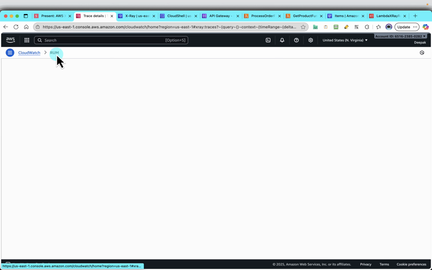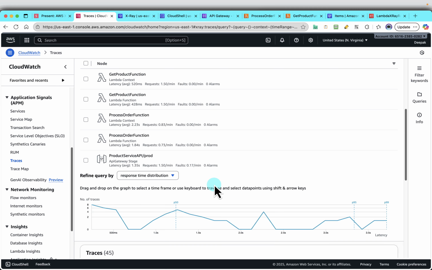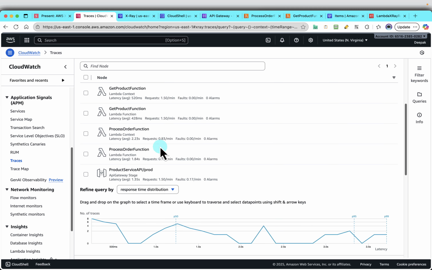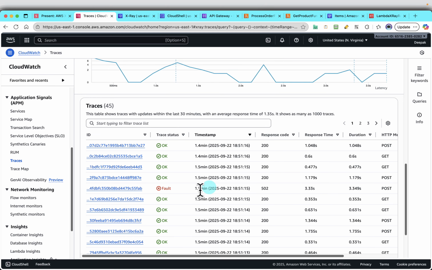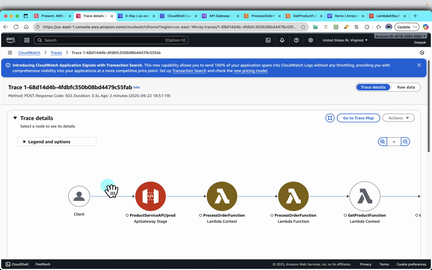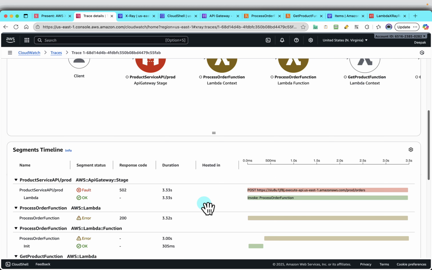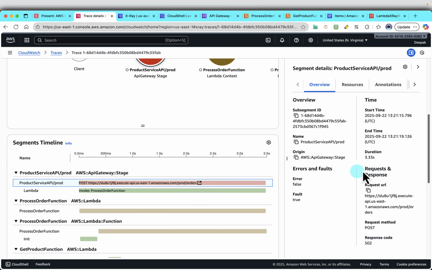And let's say I want to go to something which has failed, so it will give you the whole complete map of your application. And let's say this one has some fault. So if I just come here, for example, this will be red, and if I click here, so this has some fault. Okay, so maybe service was unavailable for that time for a short duration. So 502,